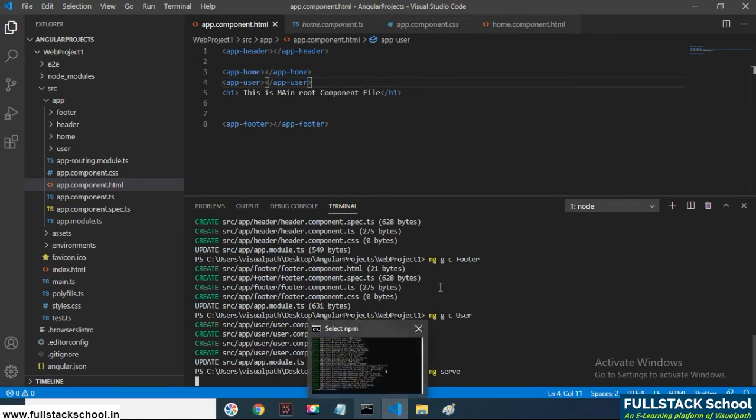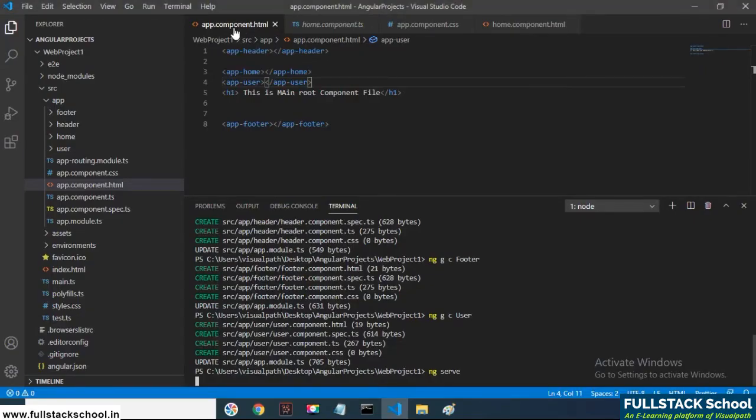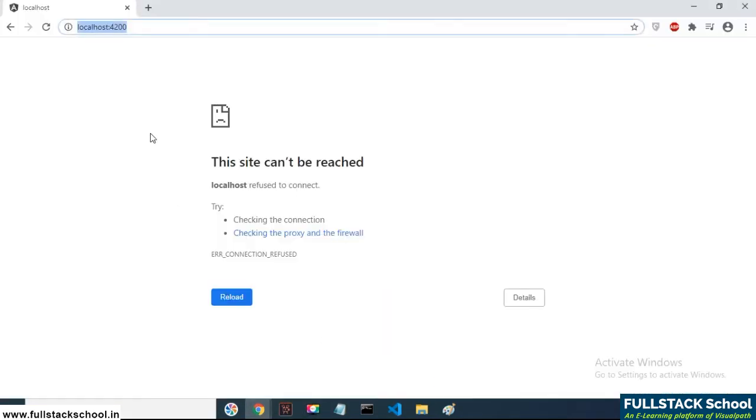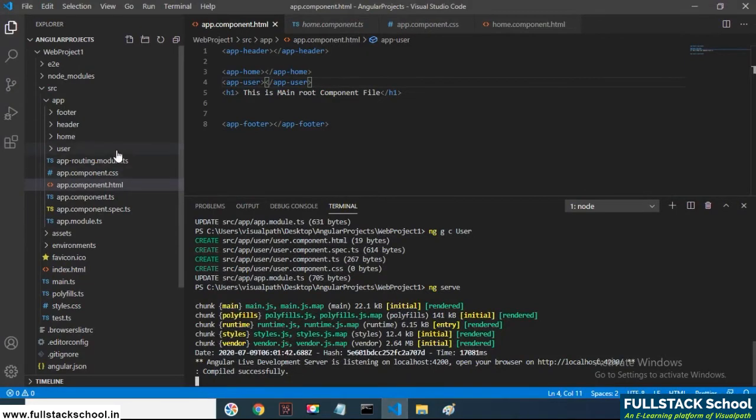Once you do the compilation, okay, we are adding the components. Like this, we can have some components added. Now we are making small changes to that.